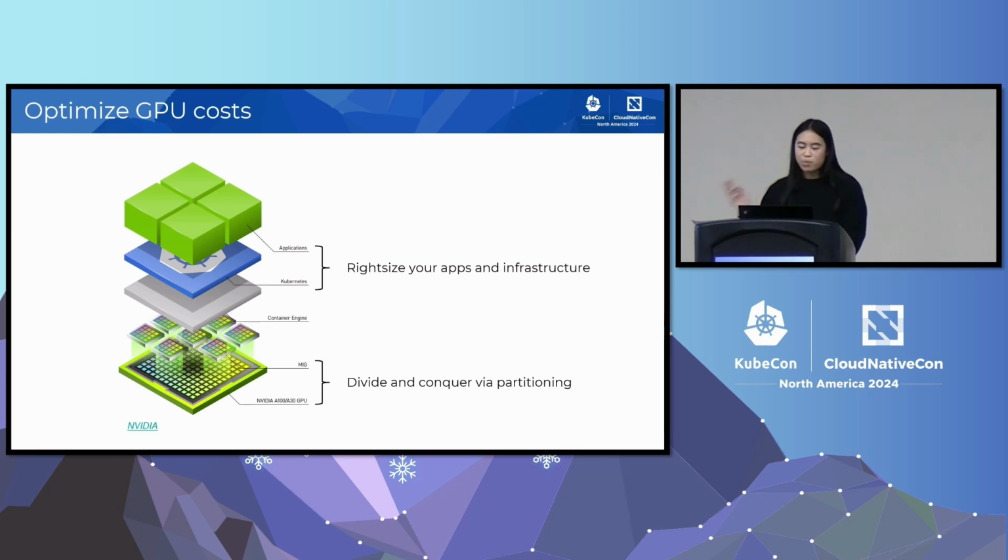So we have monitoring, visibility in place, and our third and final step is optimizing the costs. GPU cost optimization is really about maximizing your GPU efficiency while reducing the total cost of ownership for your GPU infrastructure, but without compromising on performance. So you may think that selecting the most powerful GPU or the largest GPU instance type is the best, but this isn't always the case. This often leads to unnecessary costs and underutilized resources. So right-sizing your GPU infrastructure is quite important so that you can balance your workload's needs in terms of memory,